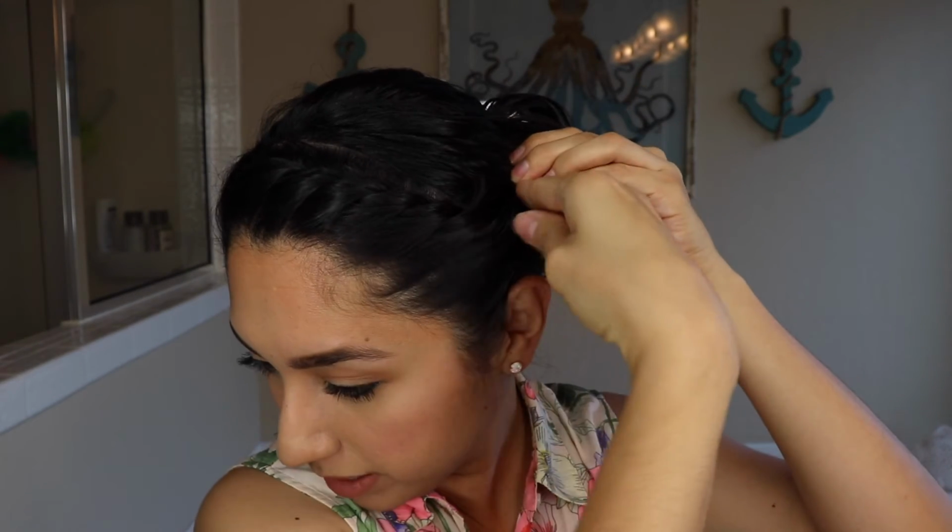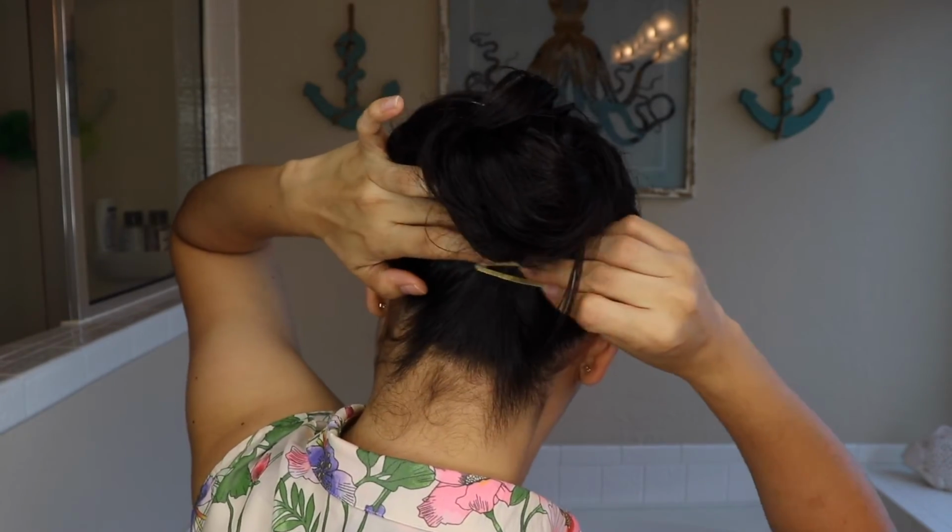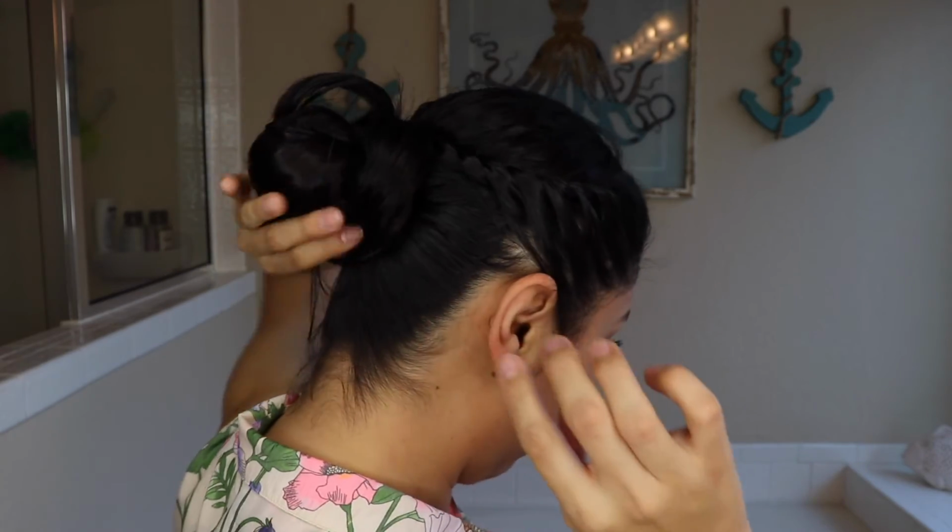Too, you can go ahead and pin any flyaways that you might have, or just pin the twists to make them secure. I usually like to use a pin like this and just pin those little flyaways at the bottom. And that is the